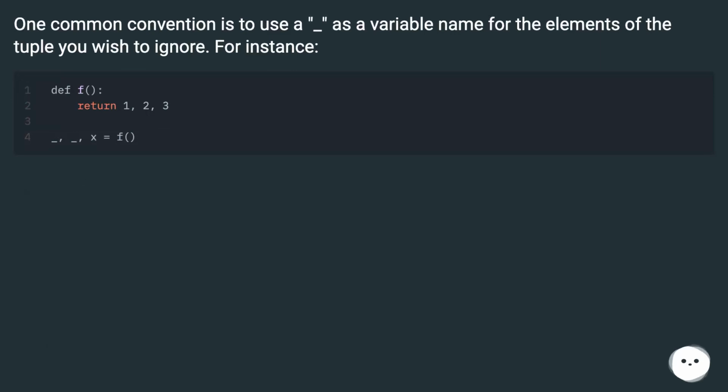One common convention is to use an underscore as a variable name for the elements of the tuple you wish to ignore. For instance,